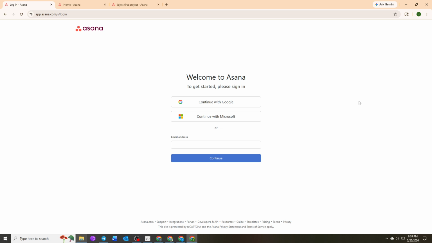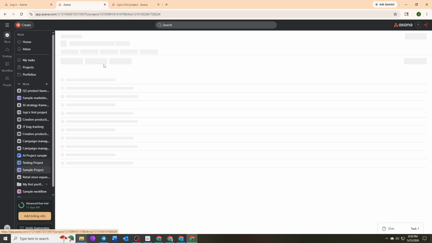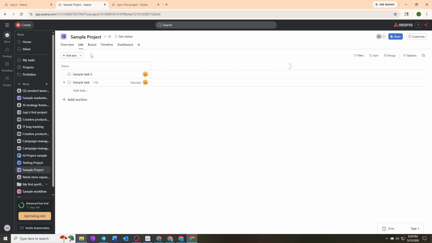Start by signing in to your Asana account using your usual login method. Then open the project where you want the field to be added. For clarity, switch the project into List View so you can clearly see the column headers where the new field will appear. At the top of the task table, locate the header row and click the plus icon to begin